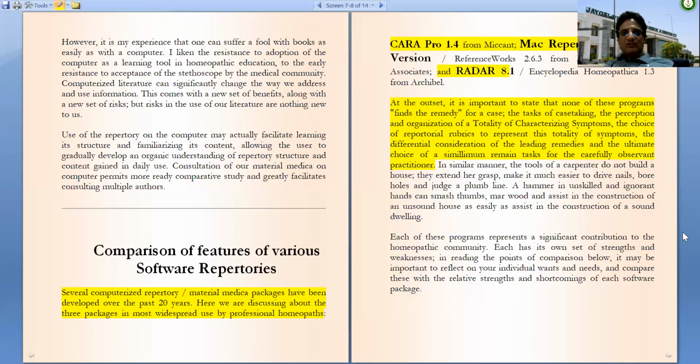So no software is giving you the final remedy. It's ultimately the job of the practitioner. Each of these programs represents a significant contribution to the homeopathic community. Each has its own set of strengths and weaknesses. So we are going to discuss in the comparison of the software, what are their strengths and weaknesses.